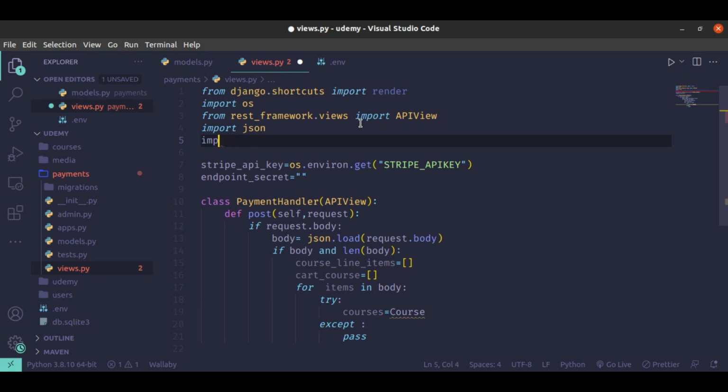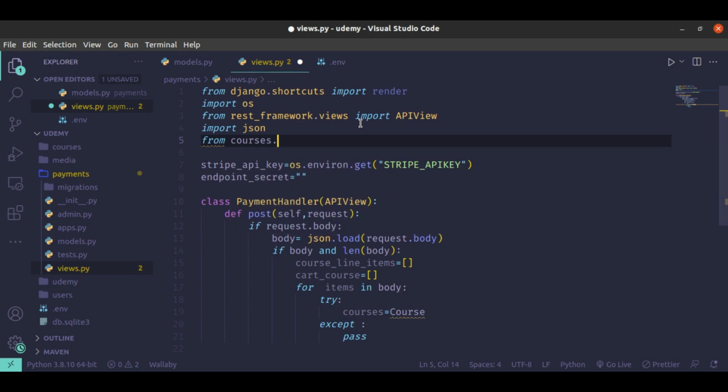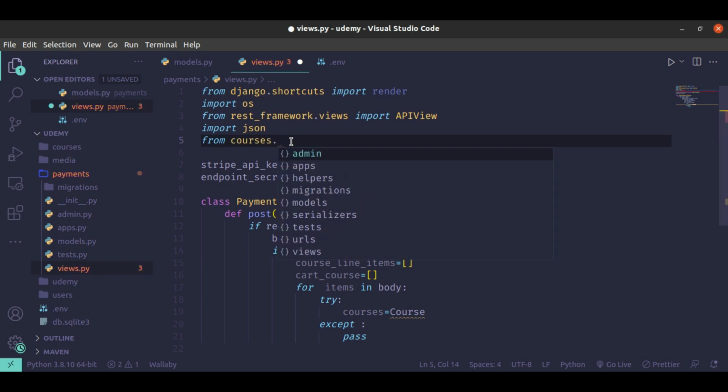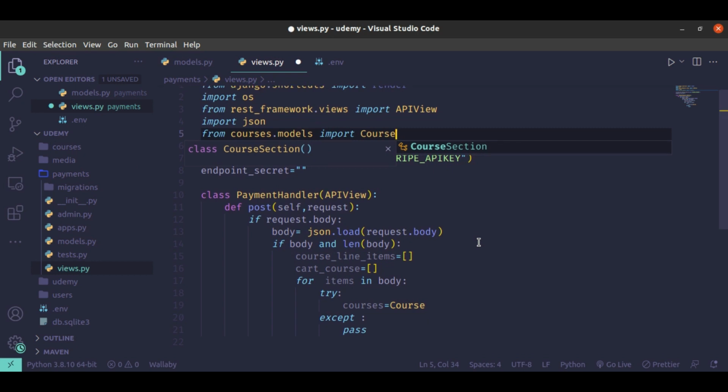Import. Oh, I thought it's JavaScript. I've been doing a lot of JavaScript these days, and it's overriding my Python knowledge. From what's the name? Oh, why this laptop? From courses dot, why can't I get what I want? Dot models, import course. Okay, so